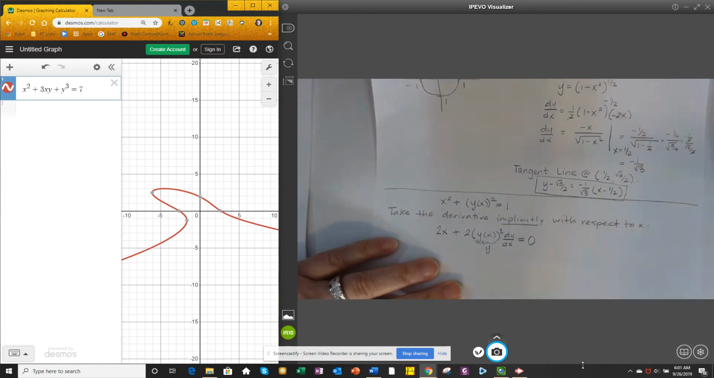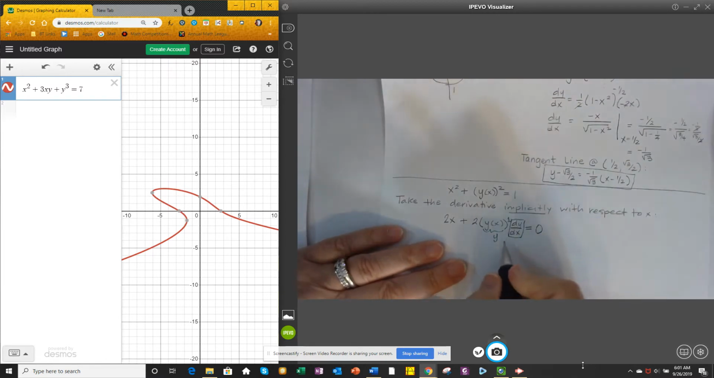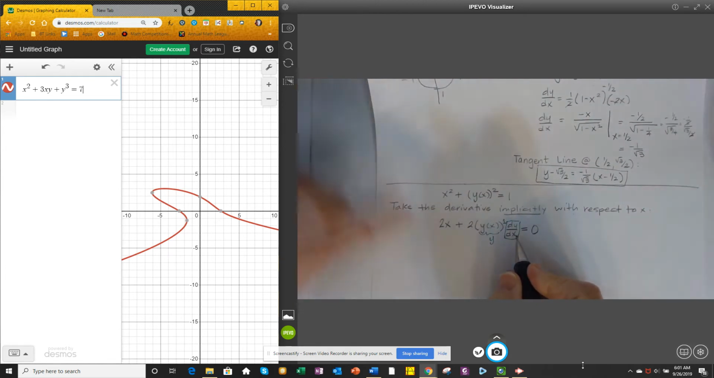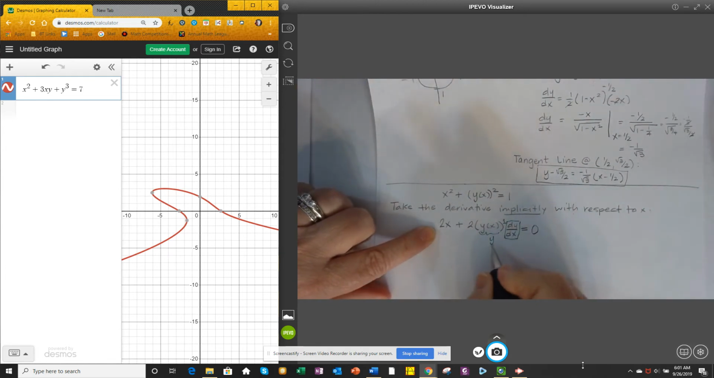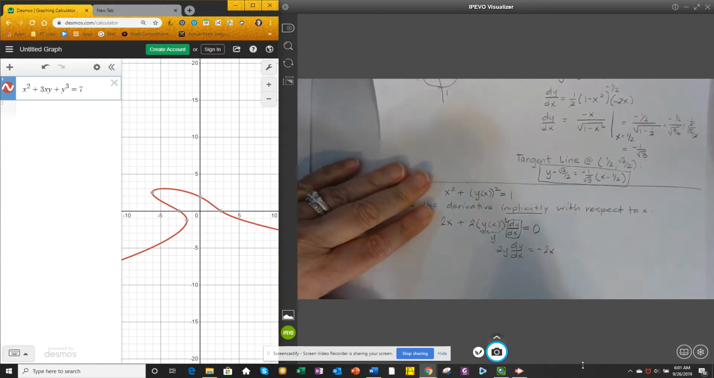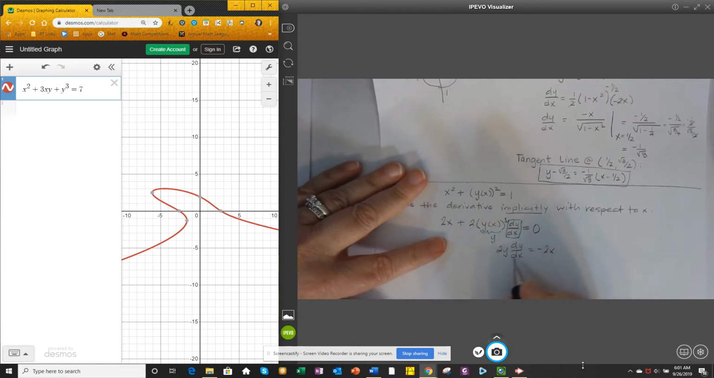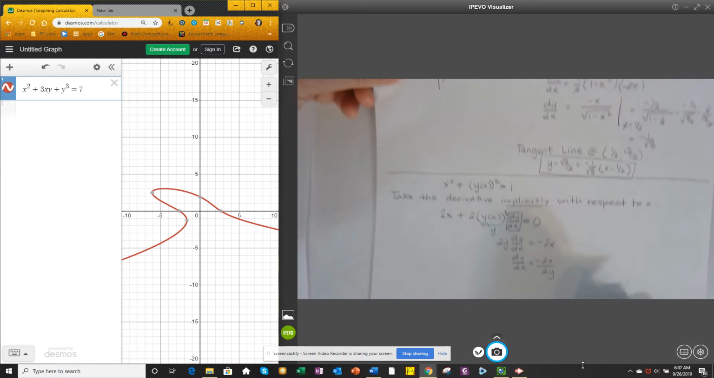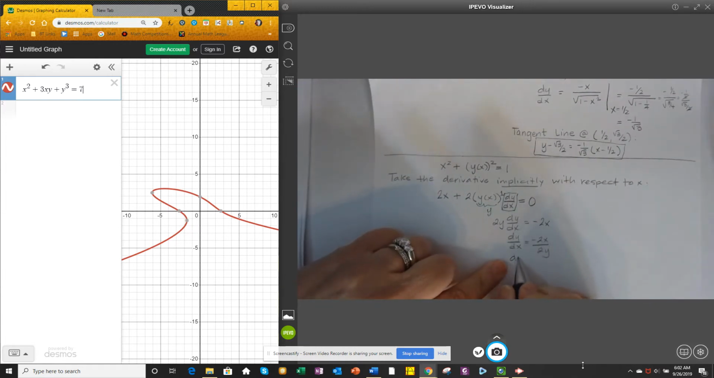And now we're going to solve for dy dx. Okay, when we solve for dy dx, we get it all by itself. I'm going to move this over to get 2y dy dx equals negative 2x, just moving it over to the right. And now I'm getting the dy dx by itself by dividing by 2y. And when I do that, I can simplify this and get dy dx is equal to negative x over